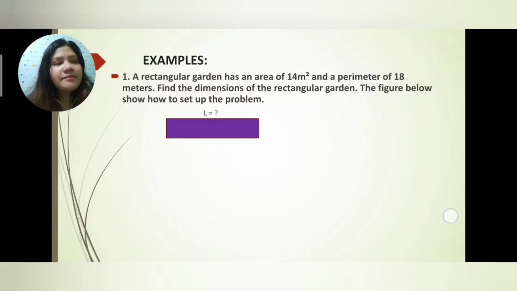So, maglalagay ako ditong rectangle, then naka-question mark yung length at saka yung width. Kaya diba, yung hahanapin natin is yung dimensions ng rectangular garden, at yung dimensions are length at saka yung width. Then, as you can see sa problem, given na yung area which is 14 meters squared and the perimeter which is 18 meters. So, solution,